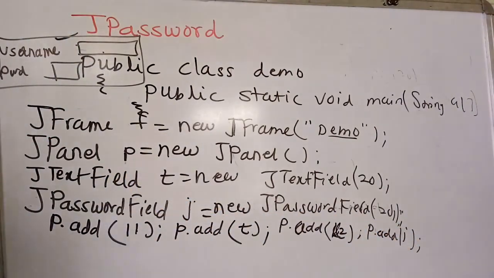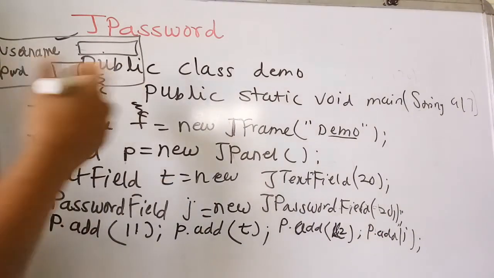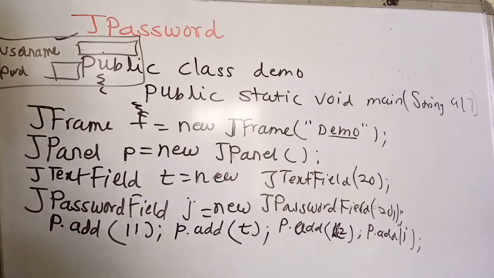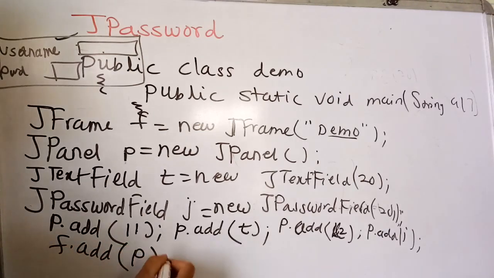Now you have added all the things in the panel, but at the last you have to add the panel to the frame, so you write f dot add p. Then, for displaying the frame in a systematic manner, you have to set the